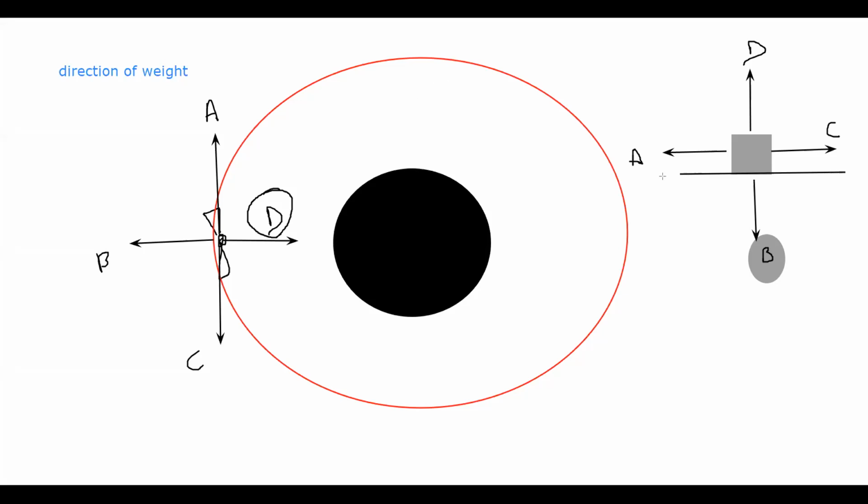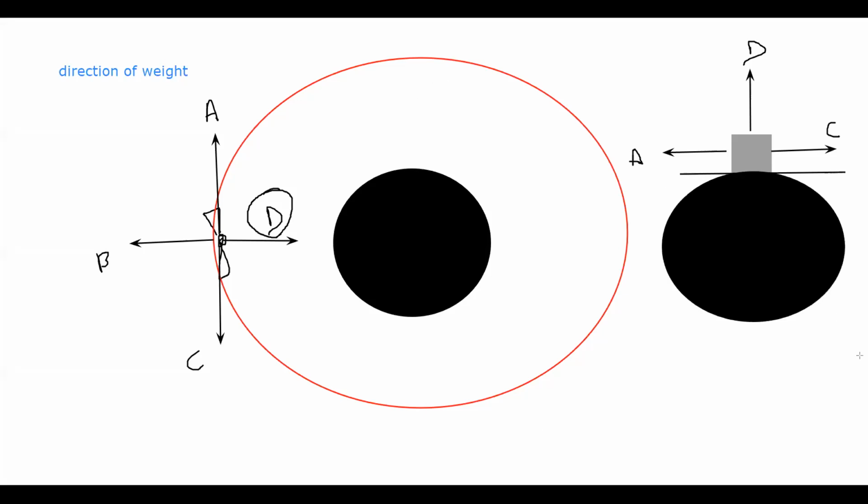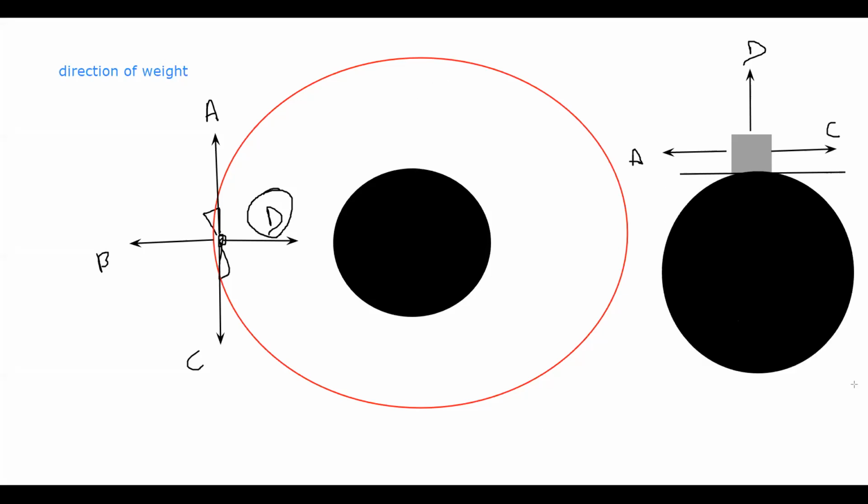So when I draw the whole Earth, the direction towards the center is B. That's why B was the right answer. So when we compare the differences between mass and weight, if we summarize this,